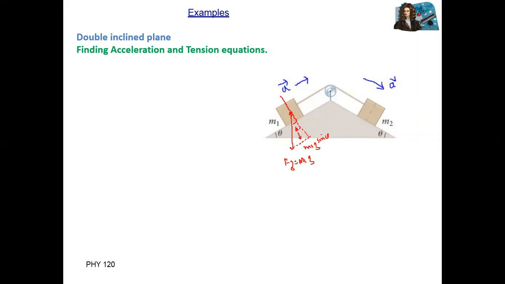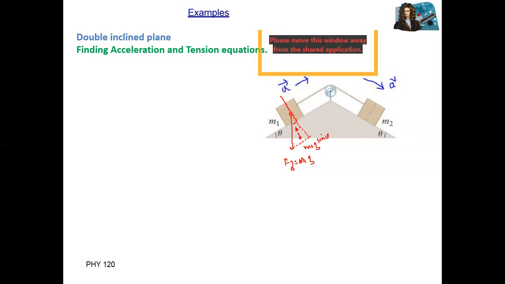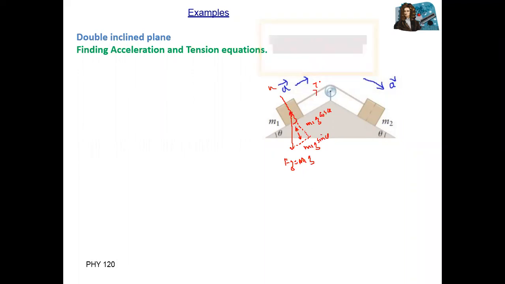This side is actually the adjacent side, so this side is equal to m1g into sine of theta. And upward is the normal reaction. This side is the tension force. So how many forces are on m1?